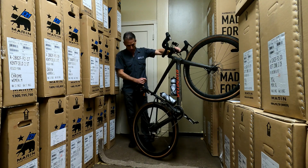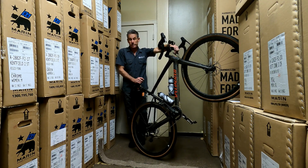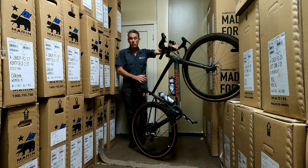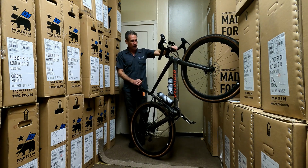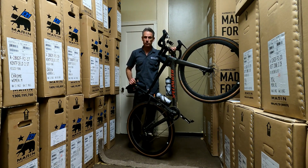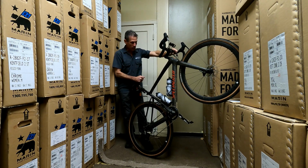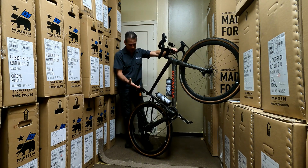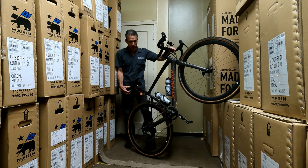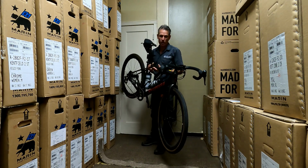I mean, having a $10,000 gravel bike on the race line is par for the course anymore. But luckily, I didn't have $10,000 to put into a bike, or I probably would have, because I like spending money on bicycles. But well under that, I still have a very competitive bike. And I just wanted to throw this video out real quick, just to let people know that